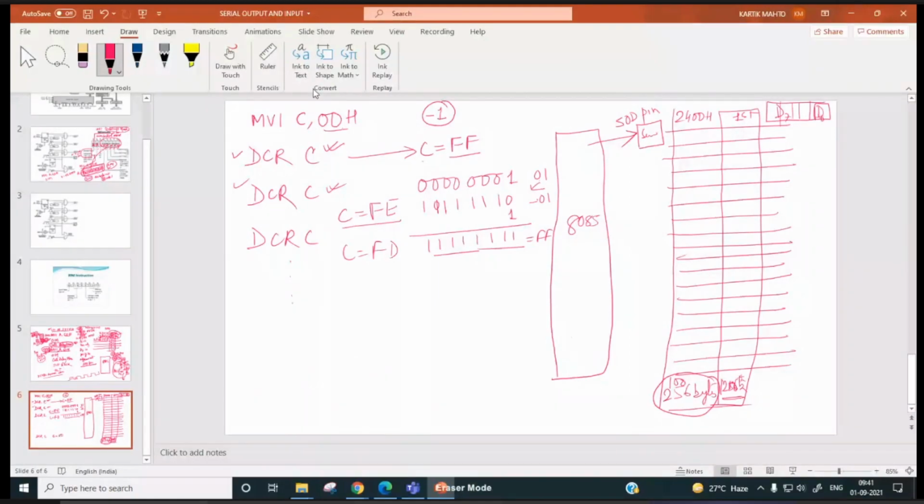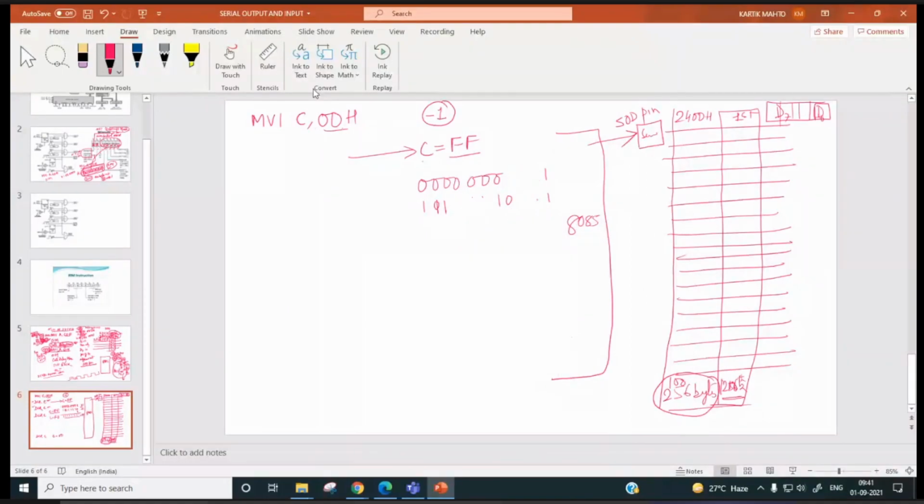So for counting 256, we can use 00 as the count value. This is why I have selected 256 bytes. I took the example of 100 bytes; for less than 256 bytes, very easily you can put FF, FE. Right.